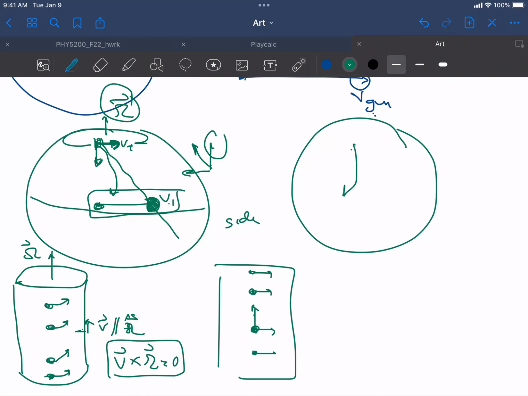So the velocity of the gun and the bullet before it's fired is the same as the velocity of the target. As the bullet goes north, the target will simply track. Both the target and the gun are moving eastward at the same velocity, and I fired it due north. So in the end, everything's going to work out, and I'm going to nail my target. No problem. There's no Coriolis force in this case,